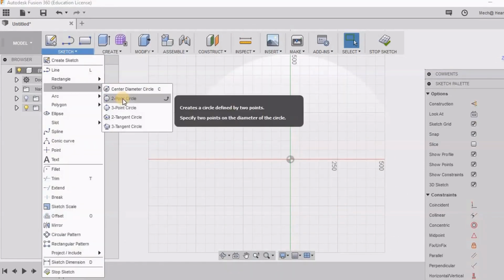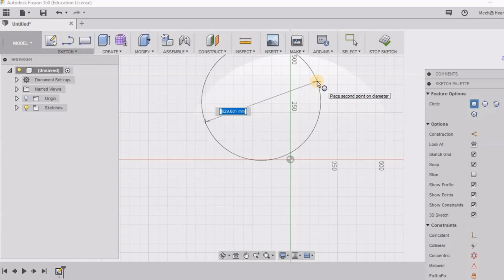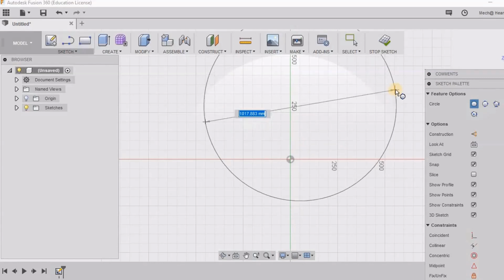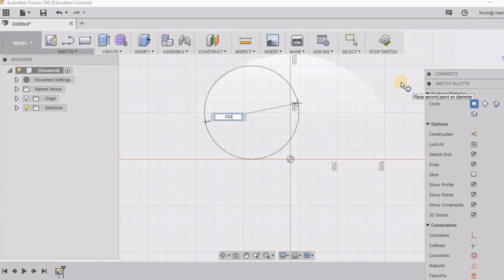And then we have the next one, the 2-point circle. Here what we have to select is first the point that we are going to click, which is going to lie on the circle, and then the other point, which is again going to lie on the circle, but you can give the diameter over here. So this other point is going to decide the diameter. So I say 500, you can see